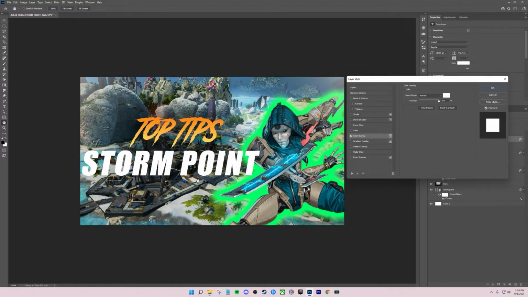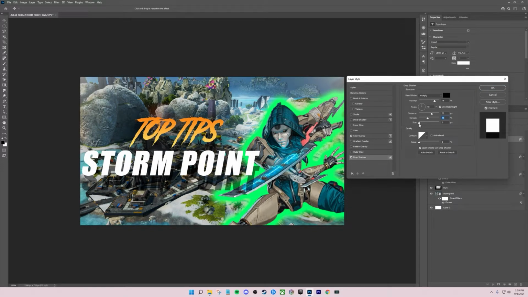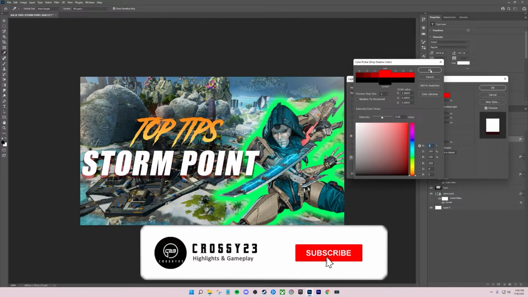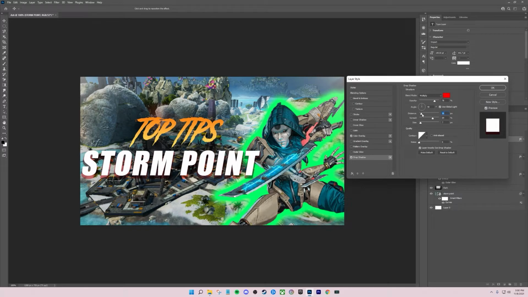They always look good, so I'm just going to keep it as it is, but I want to make sure that I drop a shadow again. If we want, we can even make it look in the shape of the letters. We can always choose a different color of the actual shadows, and if we do that, we can also play along with the distance and maybe even increase the spread a little bit, and that will give it a nice basically